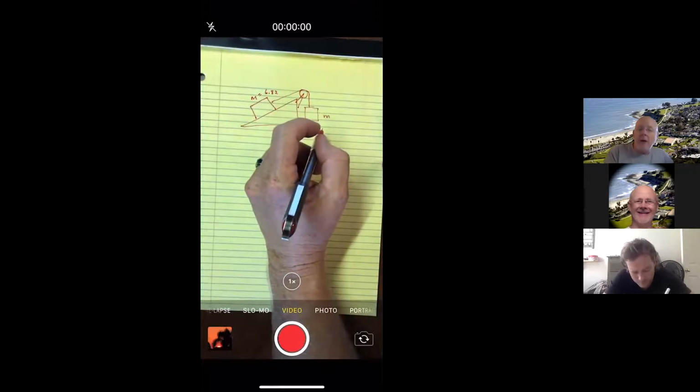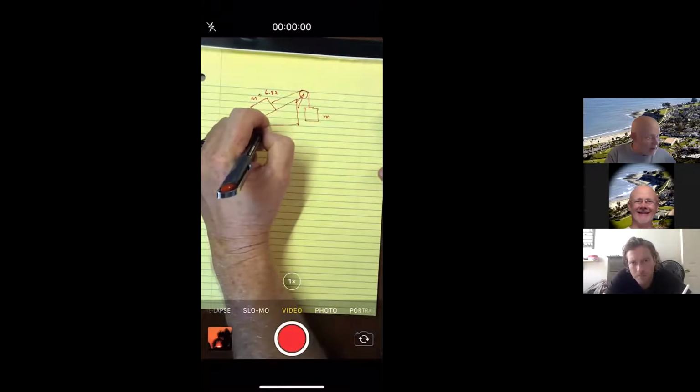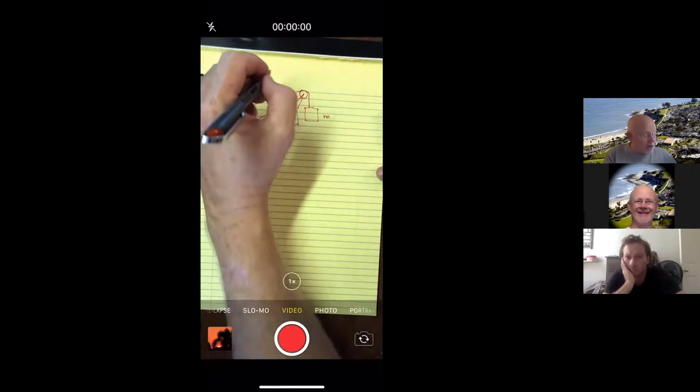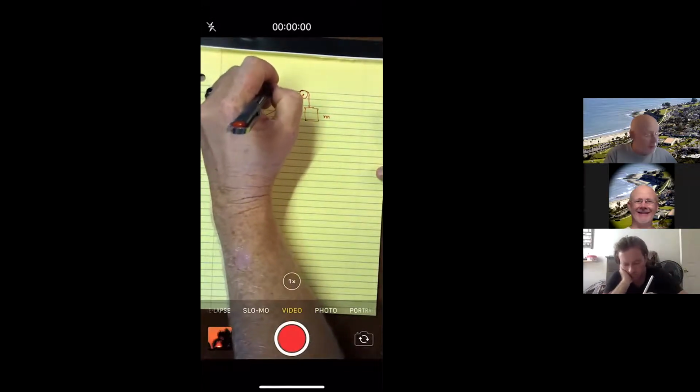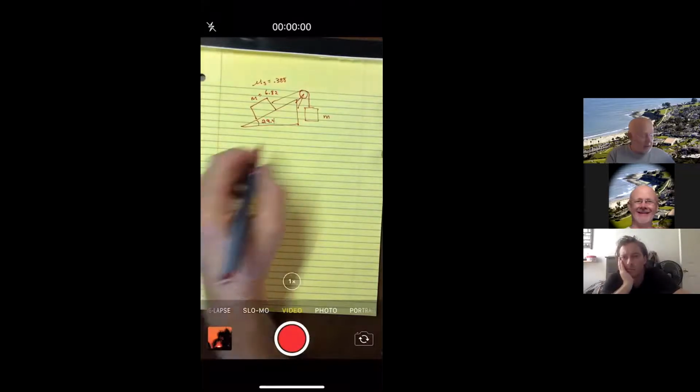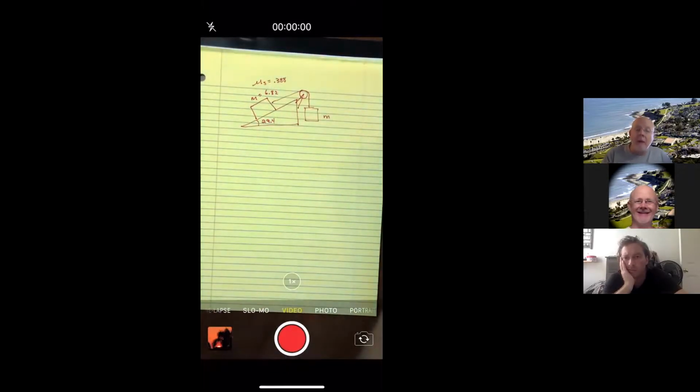m. So block number 1 on a ramp, tilted at an angle of 29.4 degrees. It has a static coefficient of friction, so mu sub s of 0.388. The string runs over a massless, frictionless pulley, and block number 2 hangs straight down. The minimum mass block number 2 can have without the block moving is m sub minimum. The maximum mass block number 2 can have without the block moving is